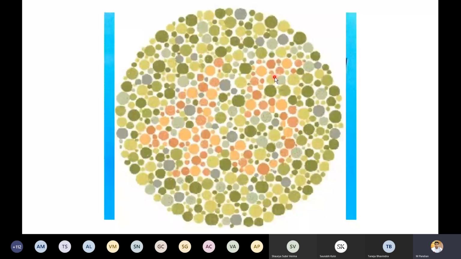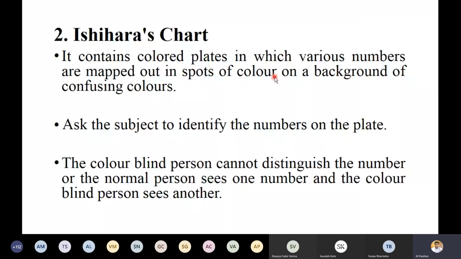What is the statement? It contains a colored plate in which various numbers are mapped out in spots of color on a background of confusing color. It is not supposed to be that there is always a number. You can make a mismatch also. For example, like this, what I have done: one is 3, one is 45, another one has no numbers.